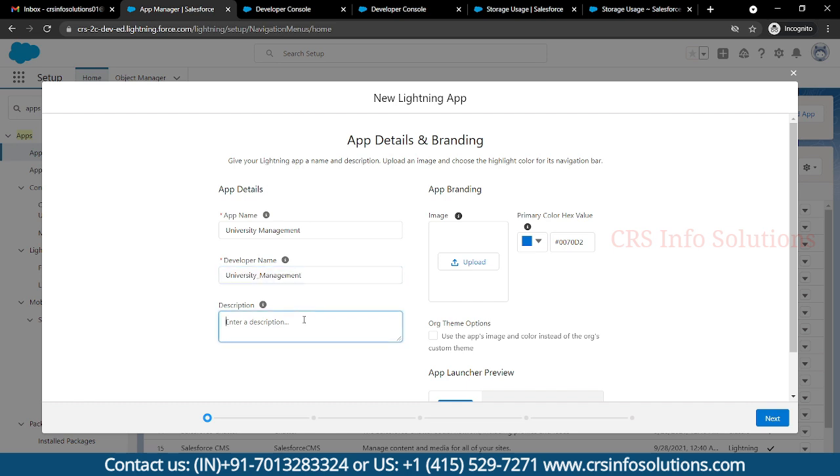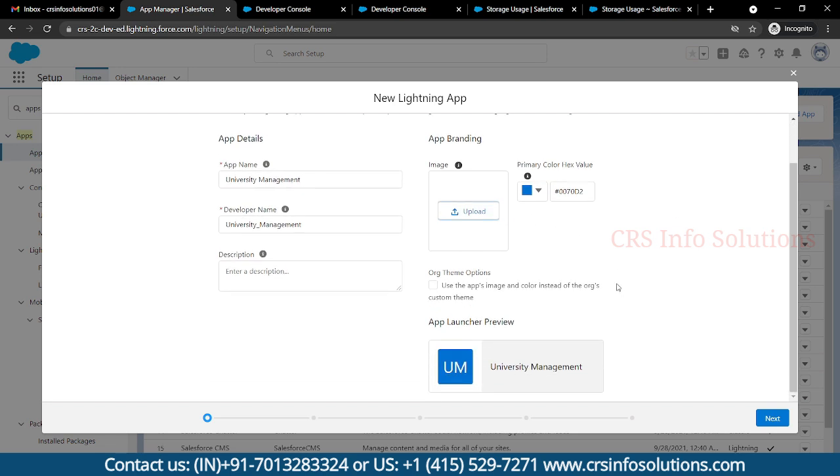If you want to give more description about the application, you can enter it here. And this is the place where you can select your logo, or if you want to do any branding of a particular application, you can upload the images on this page. Once you do that, you need to select the next button.